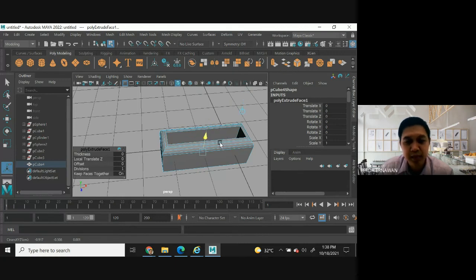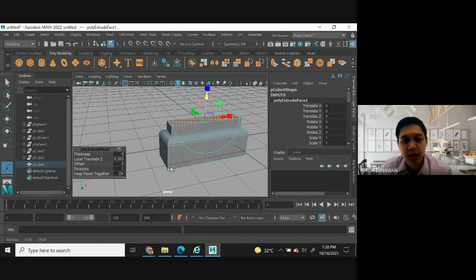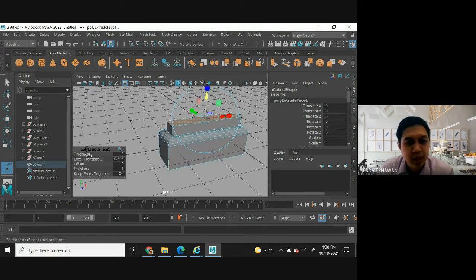This is like a box, a bit higher. Then you can also set the thickness. You want to increase the extrude thickness to 0.1, or increase it like this. And then offset, and this is important, division. You can divide here, or make it 0 like this. You also can use the offset here.